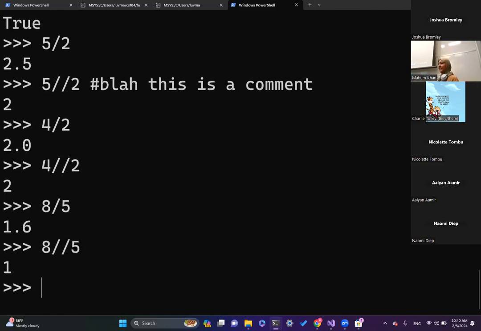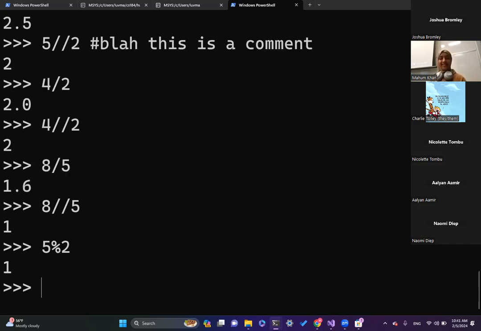Rounds down. Okay, cool. Now we're going to go on to modulus. Is it modulus? Modulo. And it's like a percent sign. So what happens when I do 5 mod 2? The remainder. What is the remainder of 5 divided by 2? Oh, I guess I can just press enter. I don't know why I'm asking you guys. But that's cool. It's cool because